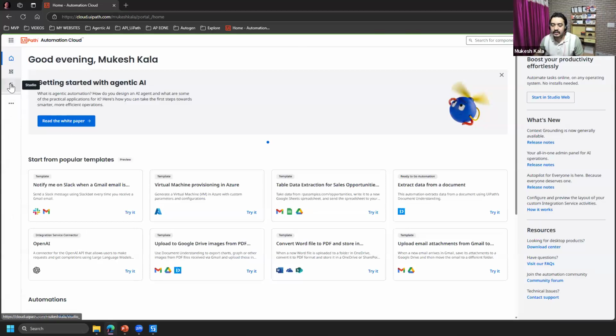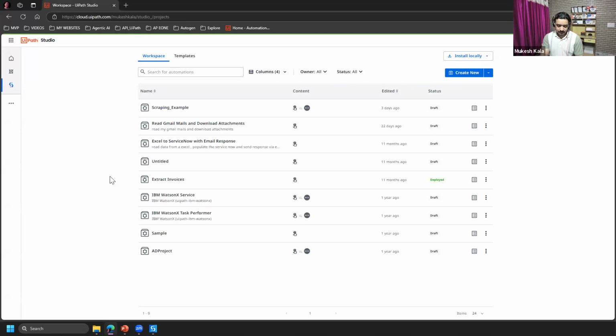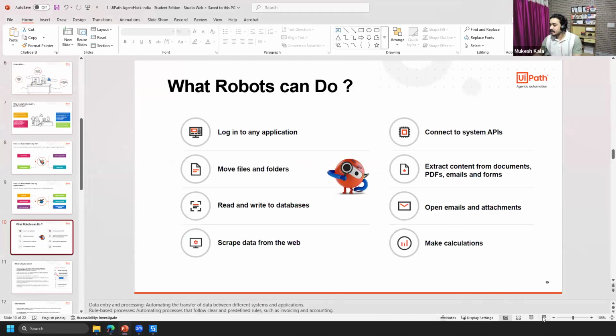So I can just go here and click on this guy, which is Studio Web, and here it is. It will just fire up my studio. Let me just wait for it to load, and here it is, right? These are all my previous use cases, whatever I would have done. But don't worry, you might be looking at this interface for the first time, but trust me, at the end of this session, you would be very comfortable with all of this. Okay, with that, let me go back to my presentation now.